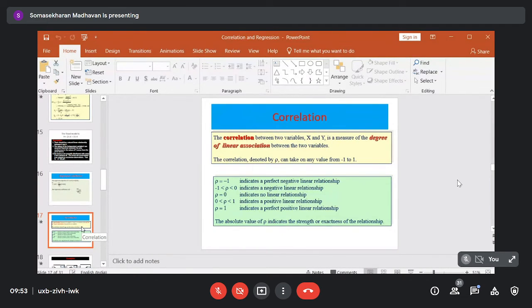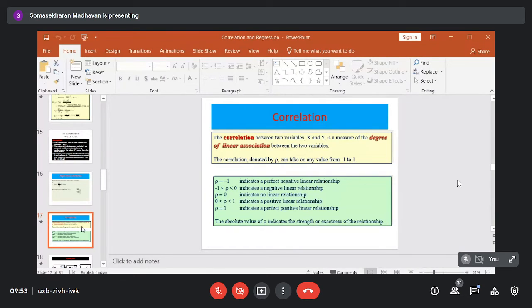Then if we come to correlation, you see that regression gives the relationship, and the correlation gives the degree of linear association between the variables, or it is a measure of relationship. The regression establishes the mathematical form, but the correlation gives the degree of association. In simple correlation, the value is usually between -1 and +1.